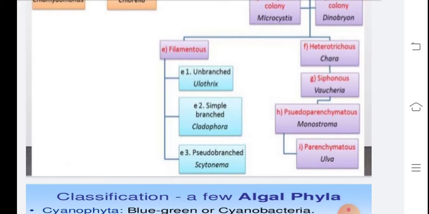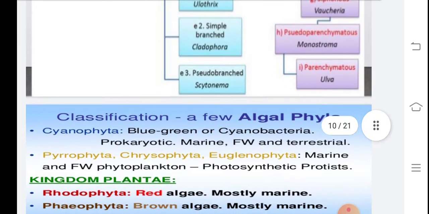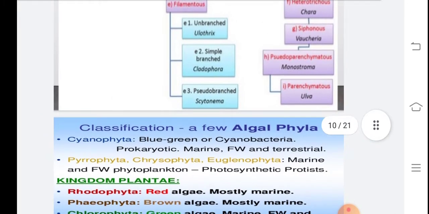Then siphonaceous, that is, a cavity is present. Siphon means cavity. Heterotrichous, it shows Chara, because the main axis and there are many lateral branches. Pseudoparenchymatous, that is, parenchyma is a thin-walled structure, but look, it is not true, and true parenchyma is present in Ulva. Actually Ulva is a marine form, found in the ocean, but it is a